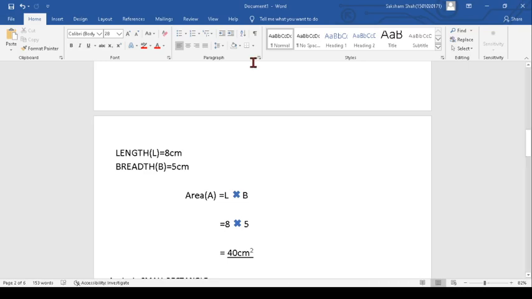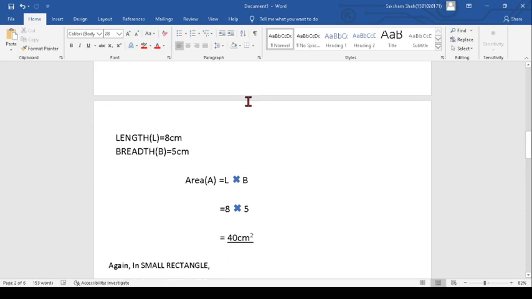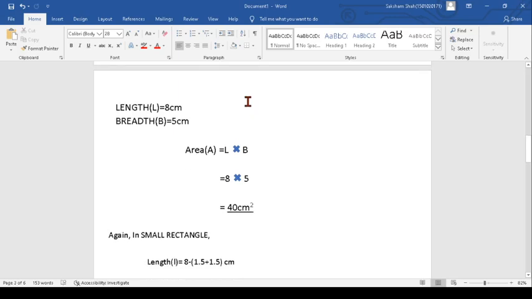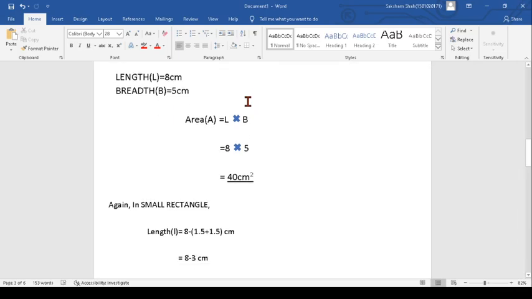So we put the value of L, that is 8, and the value of breadth, that is 5. 8 5s are 40, and our unit is centimeter. That's why we are writing centimeter square, and we know very well that the unit of area is in